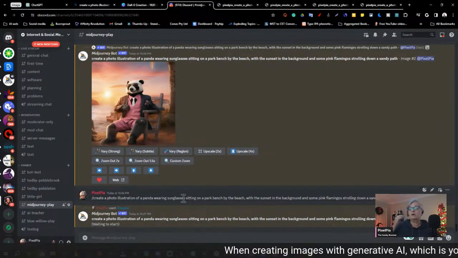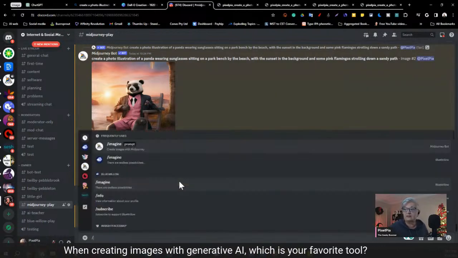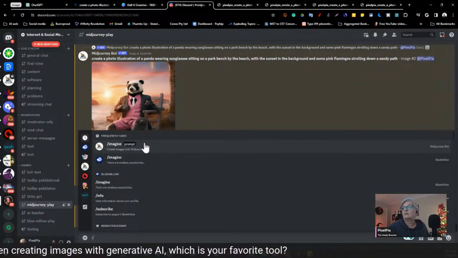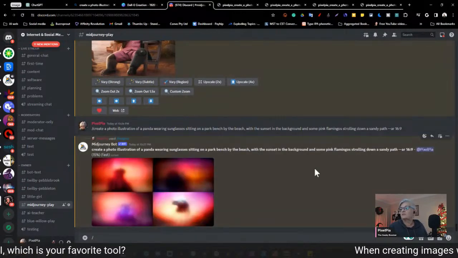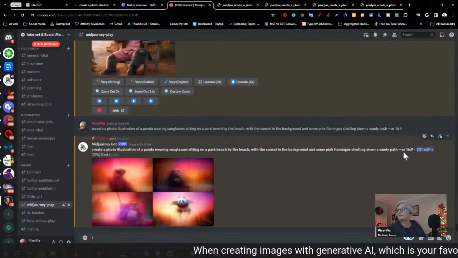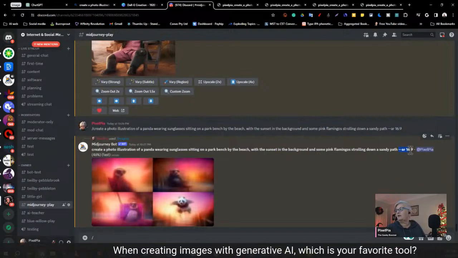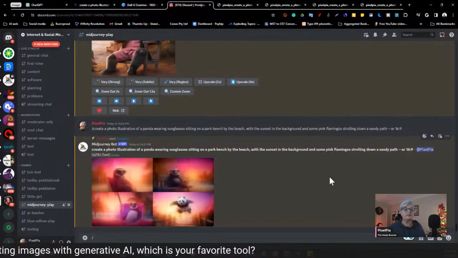This shows you how you have to use the correct command here for the bot. So now, as you can see, it's creating 4 new images. And since I added this little AR 16:9, we get